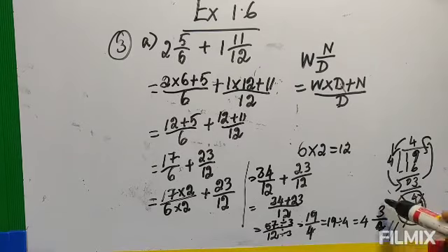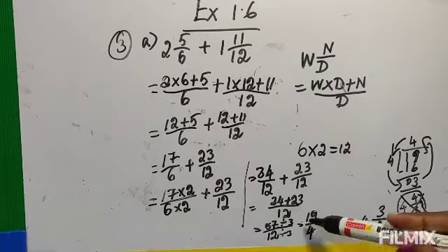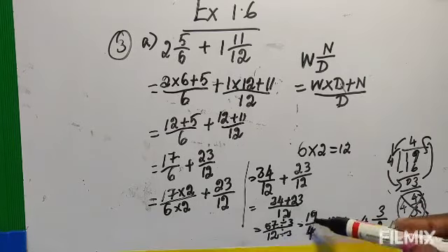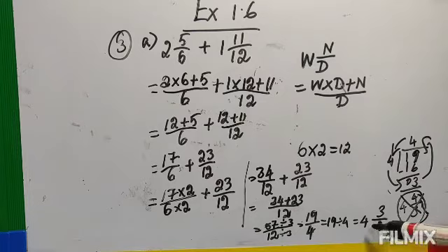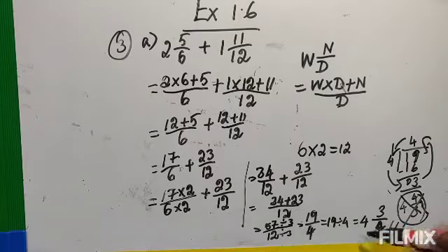Final answer. If you finish it up to here also, I will give a mark, but I will reduce at least half a mark. This is the complete answer: by changing them into the lowest term, then converting them into a mixed number. That is the complete answer. This is also an answer, but the complete answer is this one. If you write that one, I will reduce a little mark, but if you write this, then I can give the full marks.